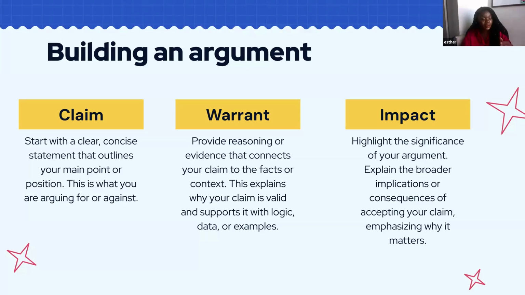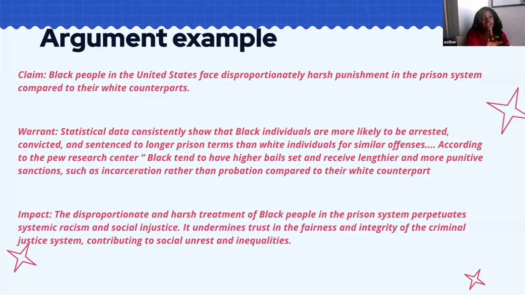them about your topic. Now, we're going to do an argument example, and I'm going to break down every single part. Claim: Black people in the United States face disproportionately harsher punishments in the prison system compared to their white counterparts. This is the message I'm trying to send. This is what I'm trying to argue about. This is the purpose of my piece, to communicate that Black people face harsher punishments compared to white people in